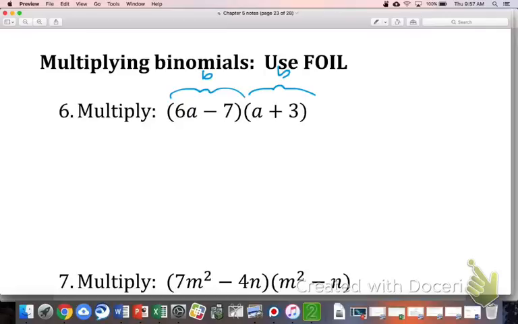Let's put B for binomial. They're both binomials, and we're multiplying them together. We are not adding them together. If we were adding them together, there'd be a plus sign in between. And please remember that whenever you see two parentheses butted up against each other like that, that implies it's a multiplication problem instead of an addition or subtraction or division. So that means multiplication. So foiling